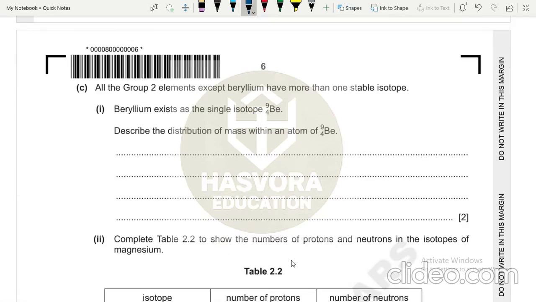Now C part says that all the group 2 elements except beryllium have more than one stable isotope. Beryllium exists as a single isotope which has an atomic number of 4 and a mass number of 9. So describe the distribution of mass within the atom of beryllium. We just have to write which is heavier and which is lighter in terms of neutrons, protons and electrons. So what we can write is that